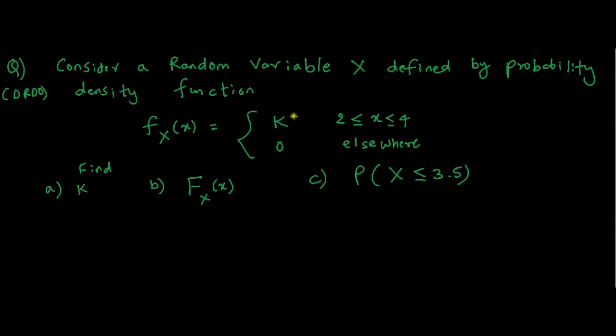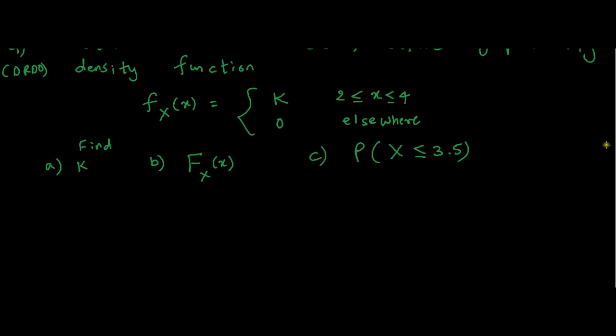We need to find the value of this k, and then we need to find the cumulative distribution function F of x, and then the probability of X less than or equal to 3.5. Once we solve this, we'll get a fair idea of what all these formulas are. So coming to the first question of finding k, we know that